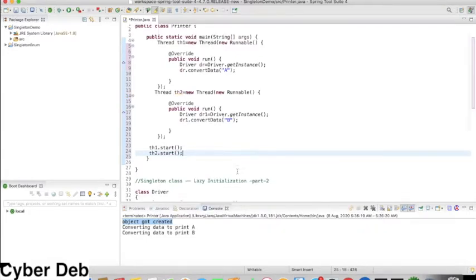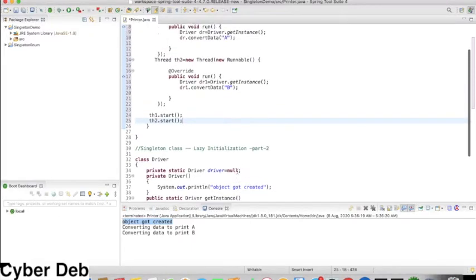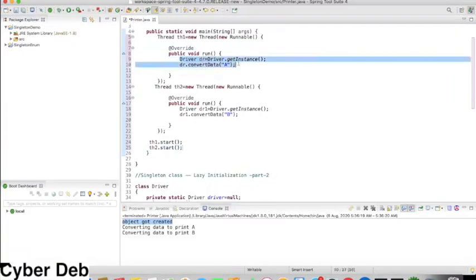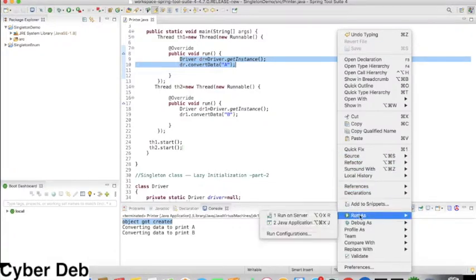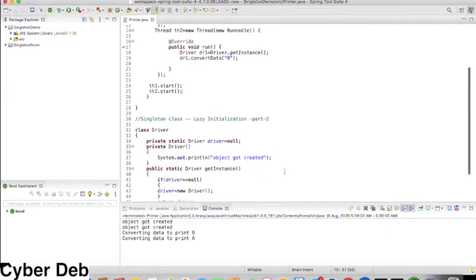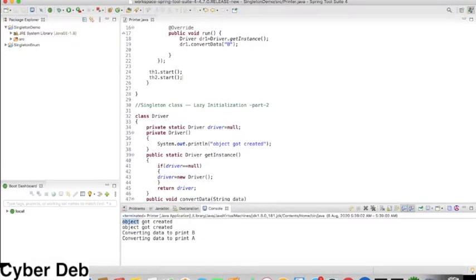Now let us see what happens. Two threads are doing the same job which was being done by the single threaded model. Now let us run it. Here you can see the constructor gets called twice, meaning the object of the driver class is getting created twice.